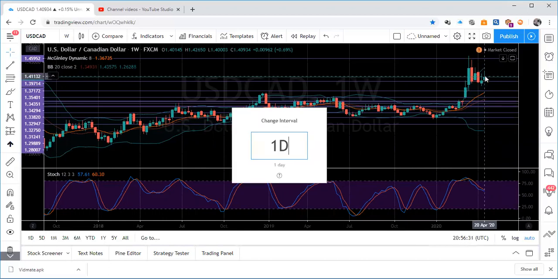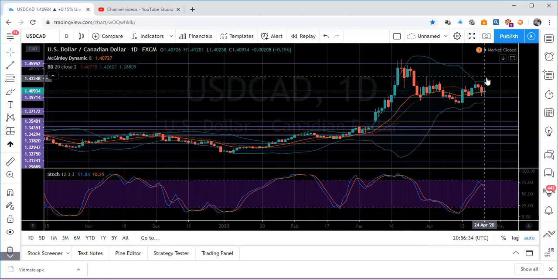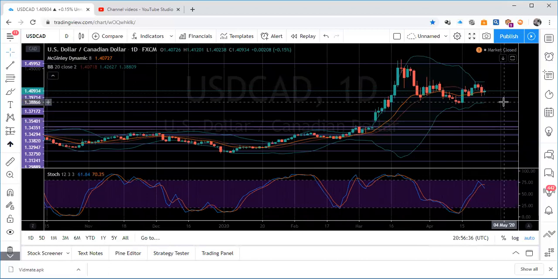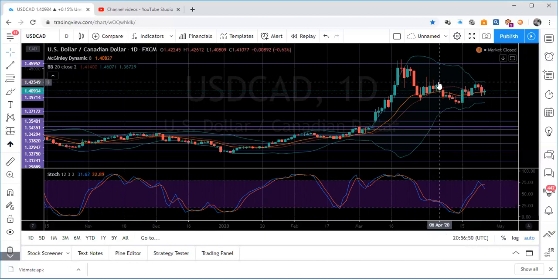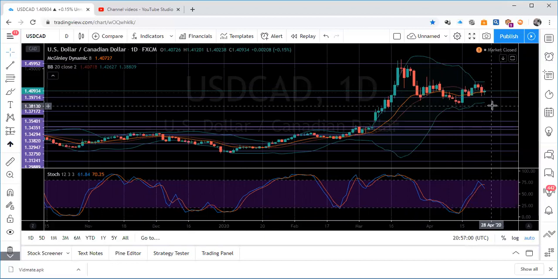We can look at it on the daily time frame and see if it's possible to still go higher. What we have here looks somewhat like a doji. Right now, we might look at something that looks like it's forming an inverted head and shoulders pattern here. So basically, we could go either way. We could still go lower and we could still go higher. But what price has done here